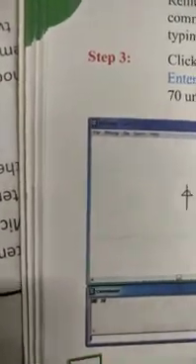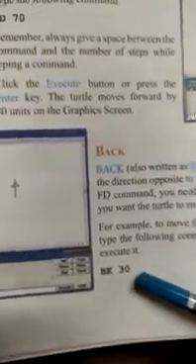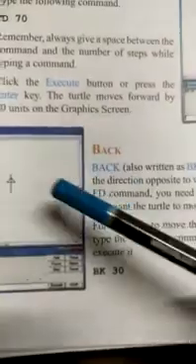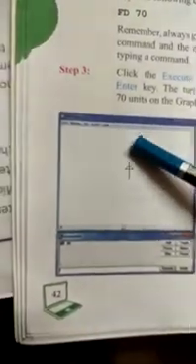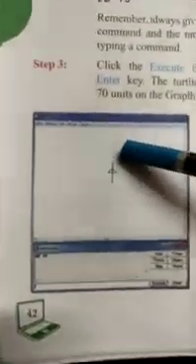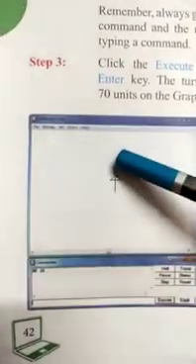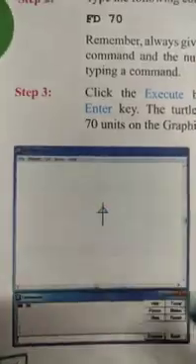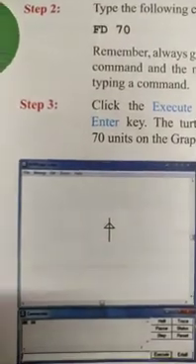Here 30, we will see in the graphic screen our turtle goes back 30 units.